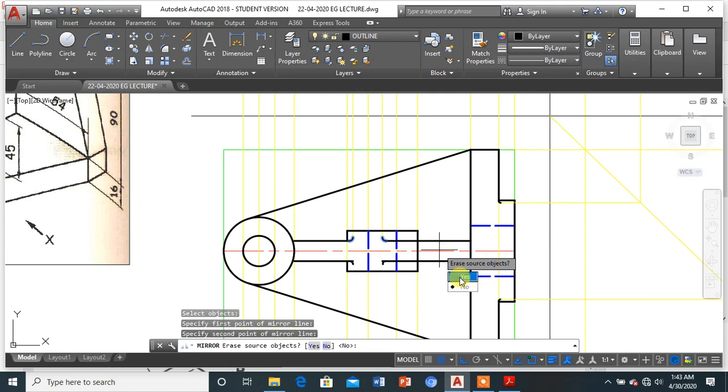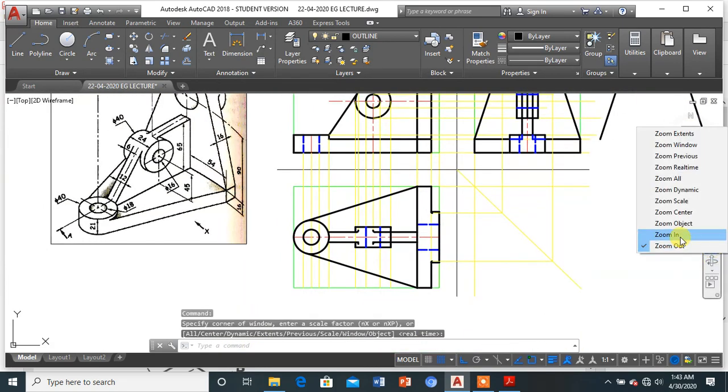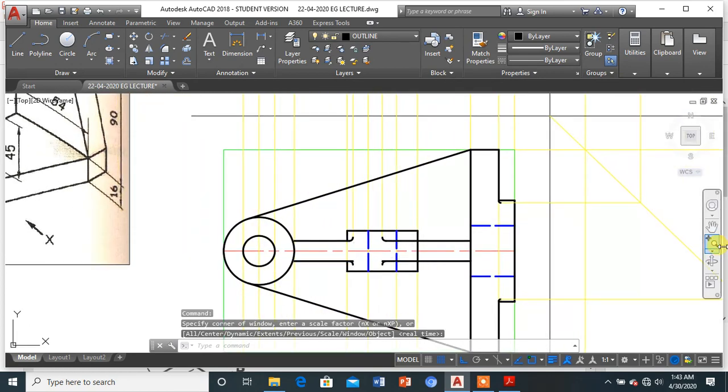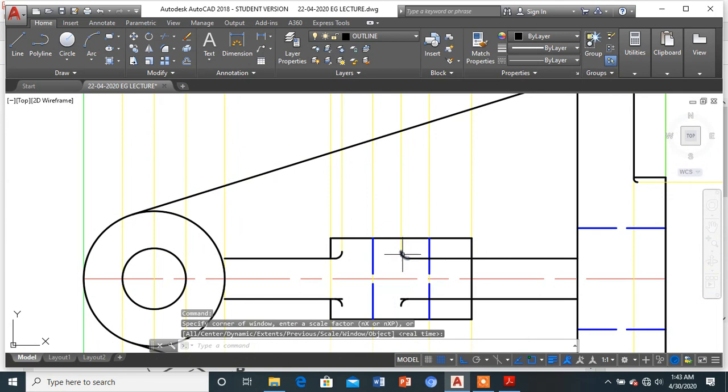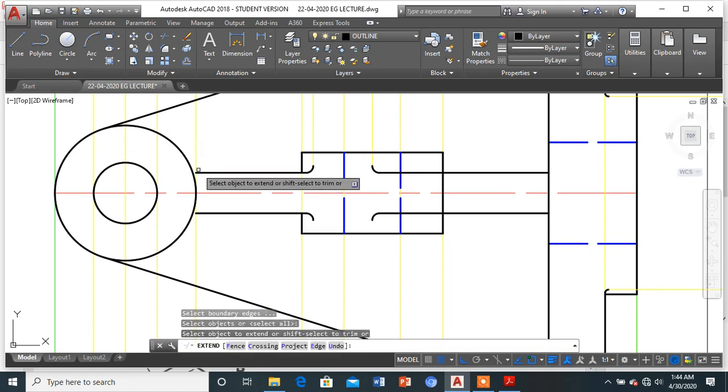Now, so I can simply trim out the unwanted parts, those we don't require. So as you can see, this particular edges I was talking about, so that is very clear to me. Okay, so we have drawn this particular edges like this. Even over here, these edges were expected to be extended like this and like this.